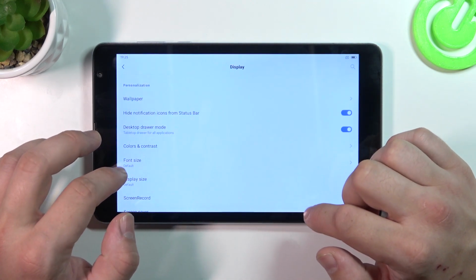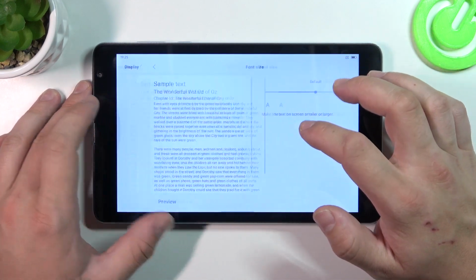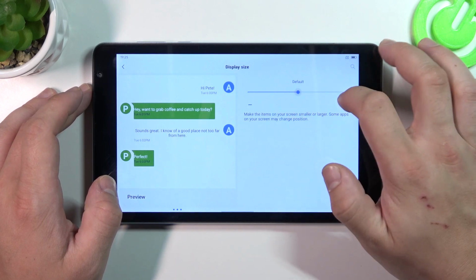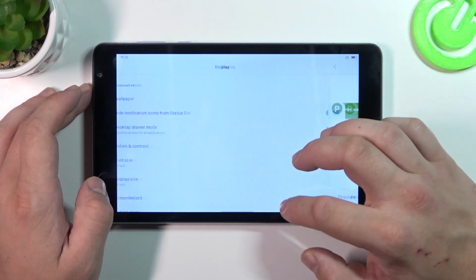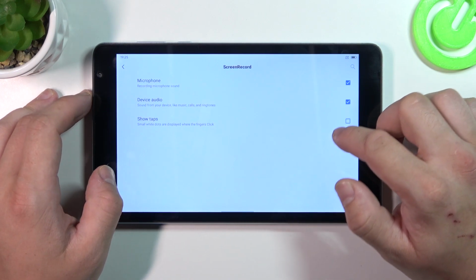Next we can change font size, display size, manage screen record settings,